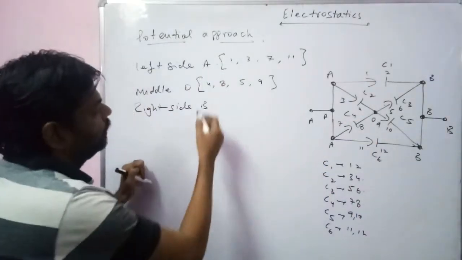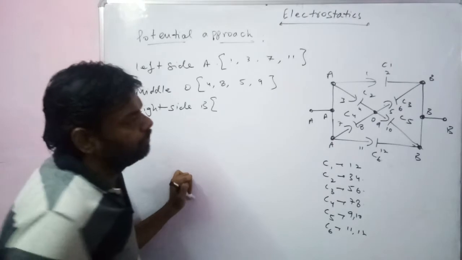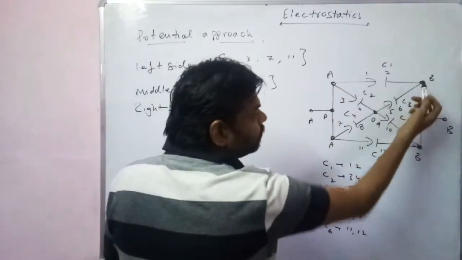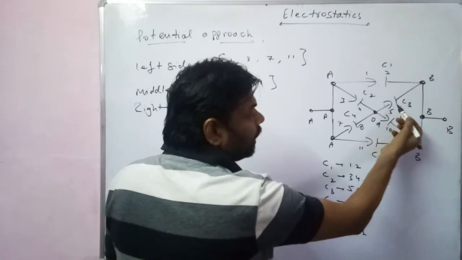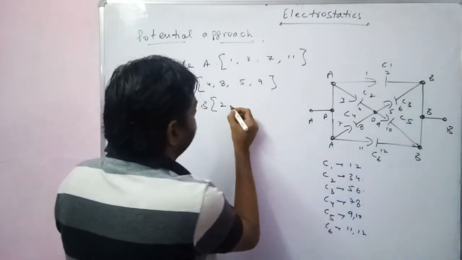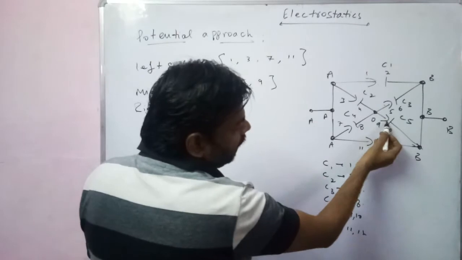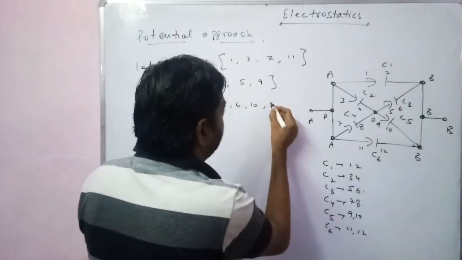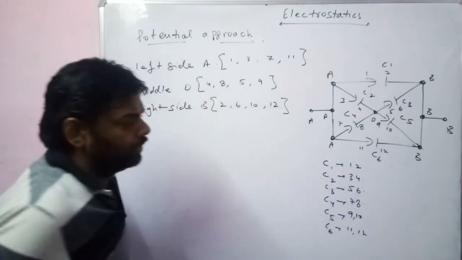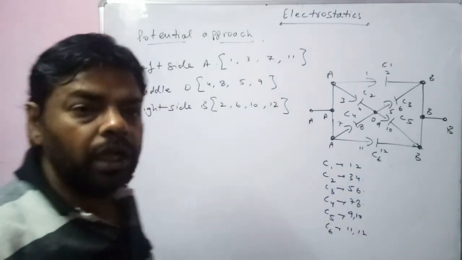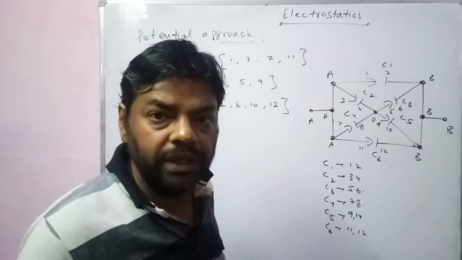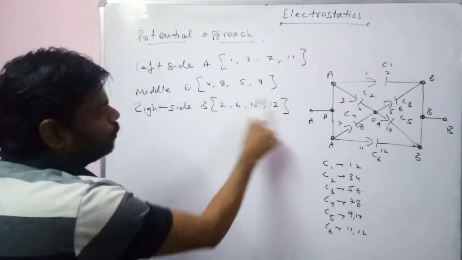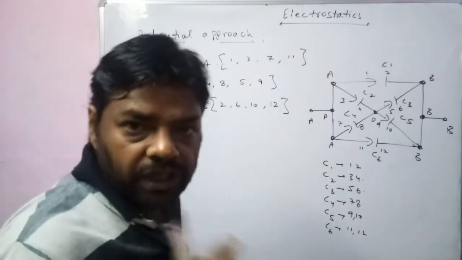Okay? Now comes out the point B. The 2nd plate of the first capacitor is connected with B. The 6th plate of the capacitor C3 is connected with B. Then the 10th plate is connected with B. Then the 12th plate is connected with B. Okay? Clear? Now take a look. In total there are 12 plates. Okay? Count the number. 4 plates, 4 plates, 4 plates. 12 plates, they are marked.